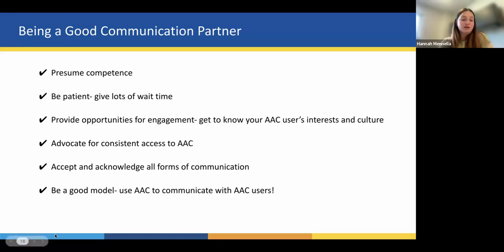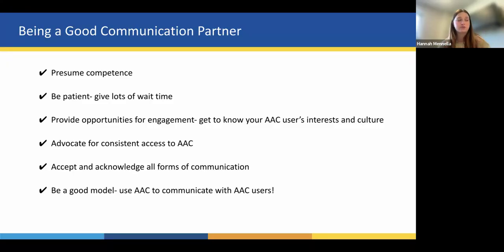And then always being a good model. If it's an AAC user, we want to show them how to use the AAC by using it to communicate with them, just like we model any skill that we want a student to learn. And coming back to time and practice, I think this can sometimes be a barrier for teachers: they don't have the time or the access to a system to practice using it. So then they don't feel comfortable modeling for a student. Having a little bit of extra time with the device, a little bit of extra training, can be really powerful in that it lets them be a model for that student to absorb and see.